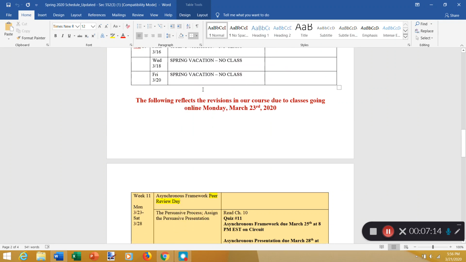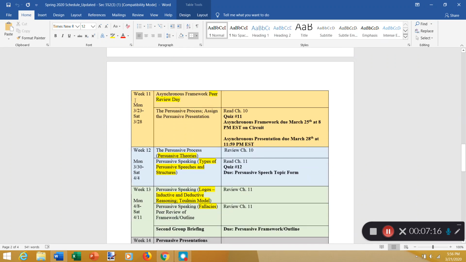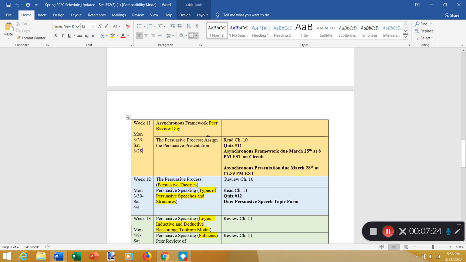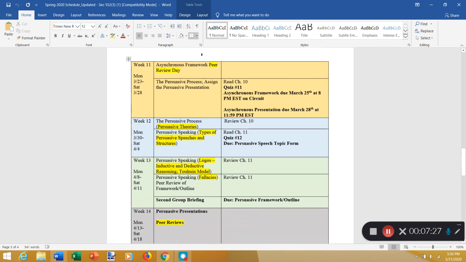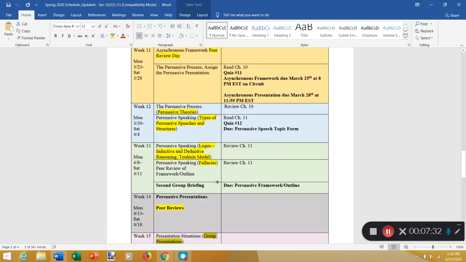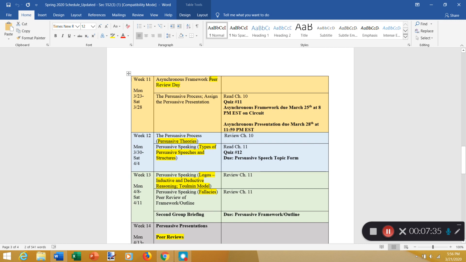You'll notice then I break the schedule and I make it clear what's going on next. I have broken up the remaining weeks into weeks. So you know how before you had them day by day? Well, now it's broken up into weeks. I've also highlighted per week these certain parts that are in yellow. You're probably wondering what that means. Those are things that I will create assignments for on a week-by-week basis. So instead of being class, you'll complete assignments each week that will reflect if you were in class or not. I will create assignments each week for those.